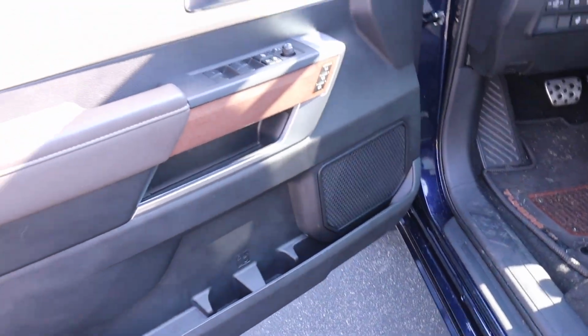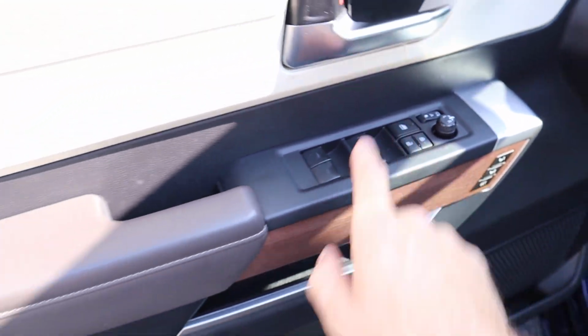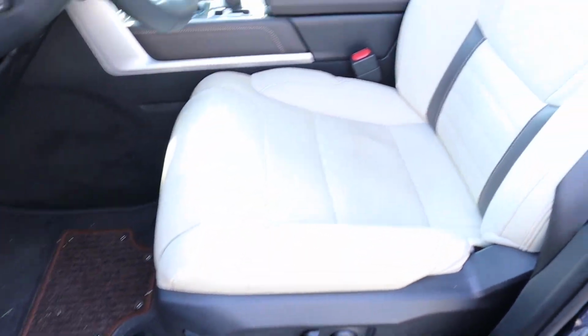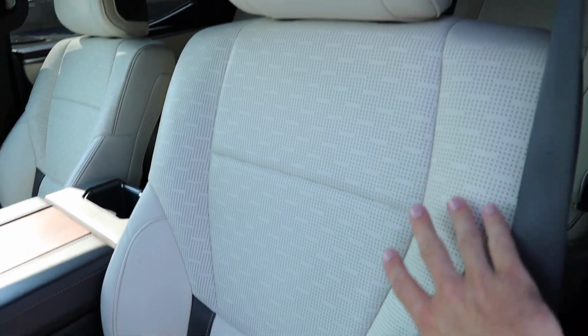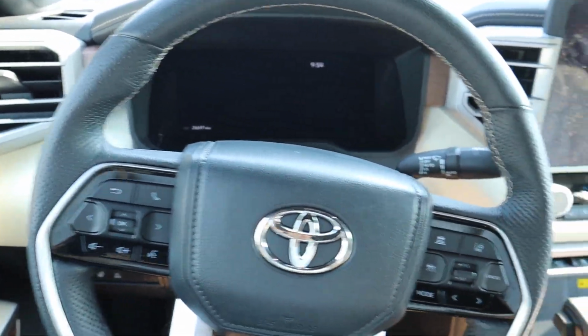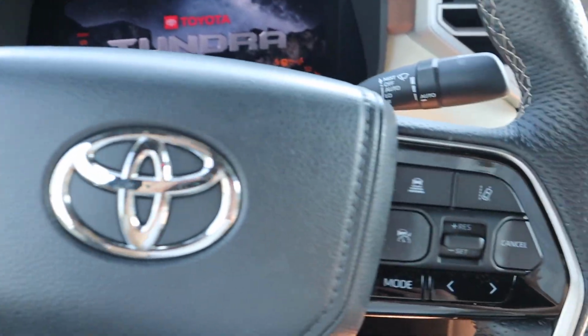And then up front, there's the memory seating adjustments, your side mirror controls, which are power operated. You can fold those in, and then the same amount of storage space there. You get power operations for the front seats here, which have a nice design to them. There's no side steps on this truck, but it's not all that hard to jump up into. Where we're greeted with the leather steering wheel,